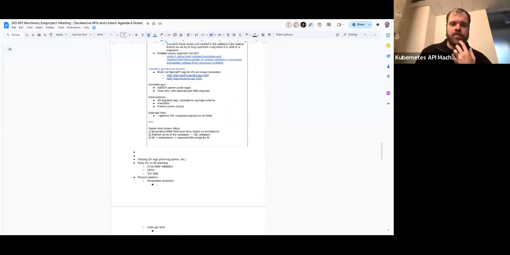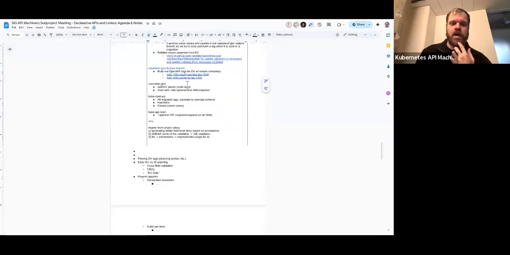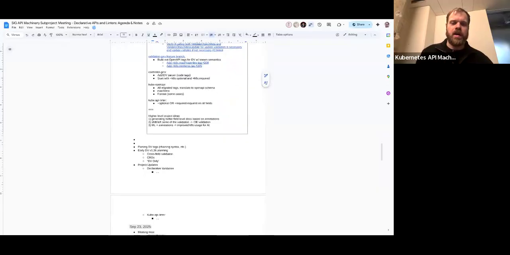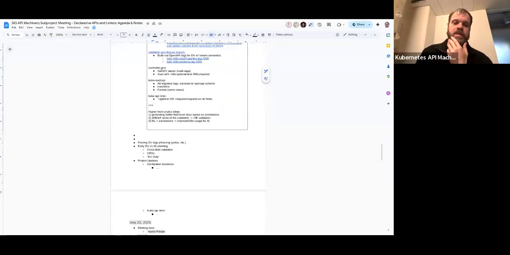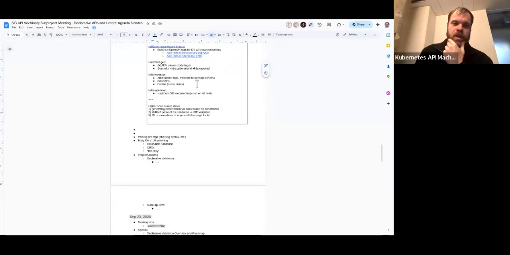And then outside of those repositories, we also have work streams mentioned here, which is DV parsing for controller-gen and adding tag support for controller-tools. And adding tag support for the DV tags also in Kube OpenAPI. Similarly, adding support for these tags.